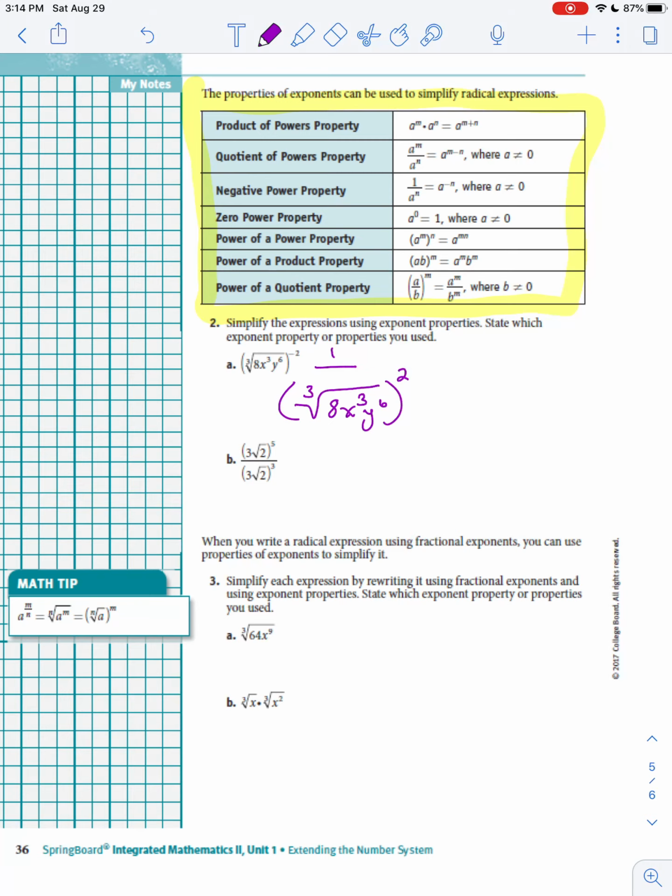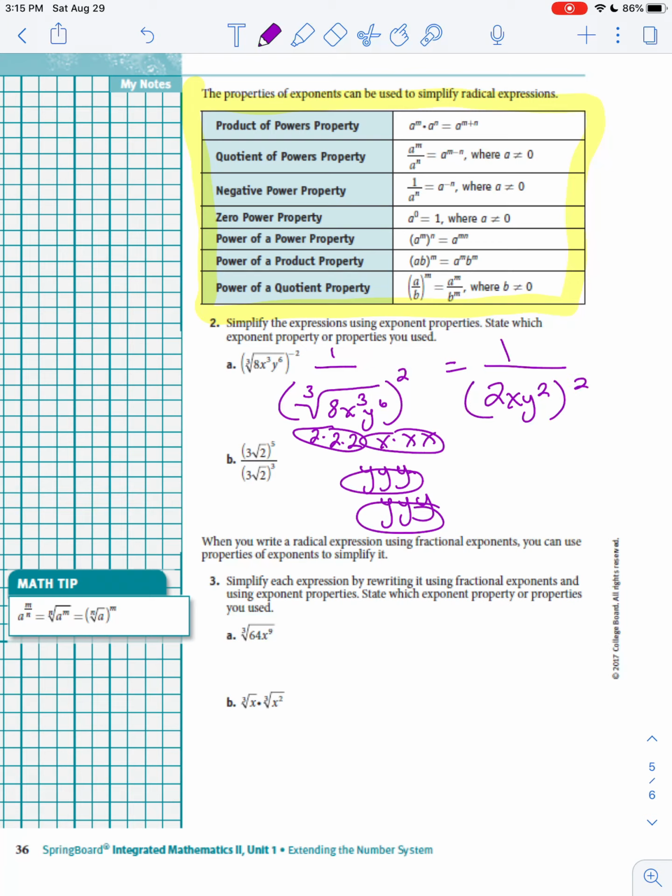And so what we end up doing now is we can simplify in a couple different ways. So I'm thinking I want to take the cube root. I notice that 8, x to the third power, and y to the 6th are all perfect cubes, because I know 8 is 2 times 2 times 2. I know x times x times x, and I know y times y times y, y times y times y. So everybody comes out, which is kind of nice. So 2xy squared. So now I have 1 over